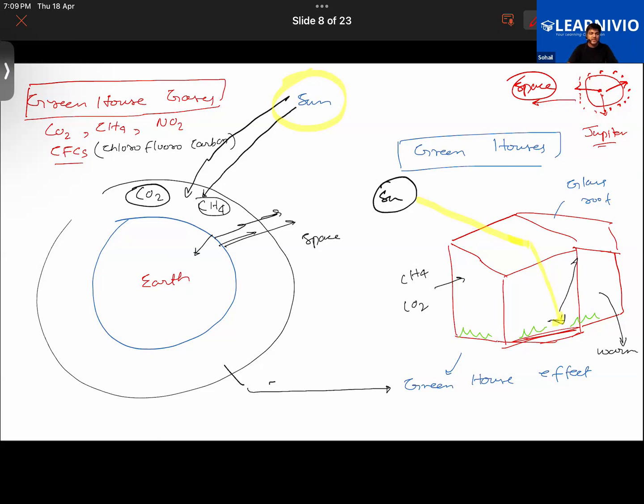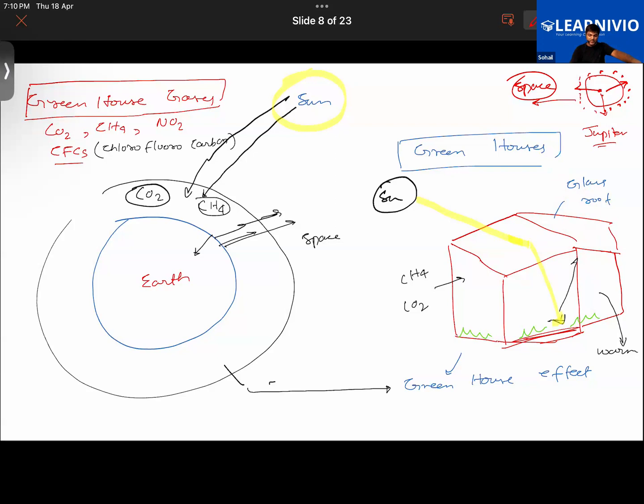Now the question is, why is the greenhouse effect called green? Because if you were to look at a greenhouse, just like the glass of a greenhouse, greenhouse gases let visible light from the sun pass through the atmosphere, but they absorb long wavelength light rays. But anyways, just leave that if you're not getting it. It's a whole different topic that will require a significant amount of time. Anyways, you guys written this or not?